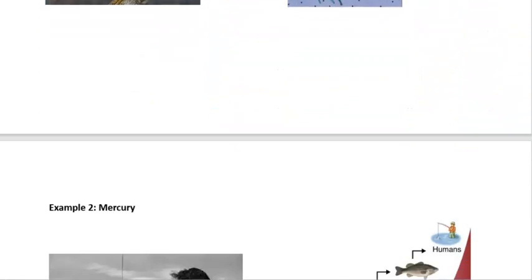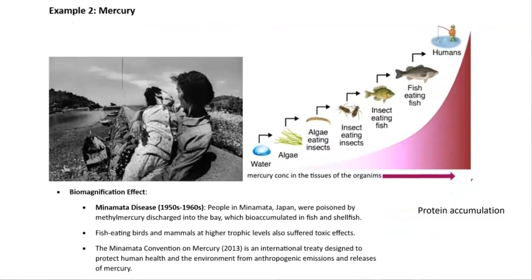A second example of biomagnification that we can look at here is that of mercury or methyl mercury, which accumulates not in fat tissue but in protein tissue. The argument about consumption is that the methyl mercury is introduced into the water from industrial processes, a famous example of which was the Minamata Bay occurrence in the 1950s and 60s in Japan, where methyl mercury was discharged into the bay area of Minamata and